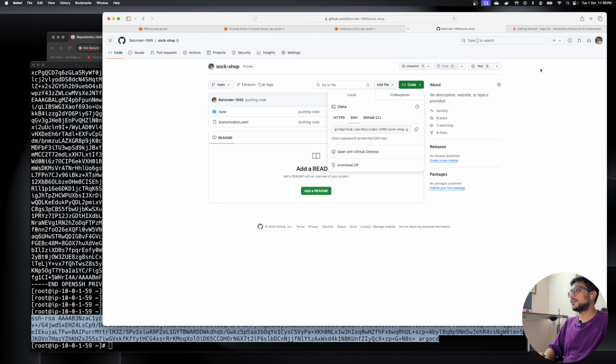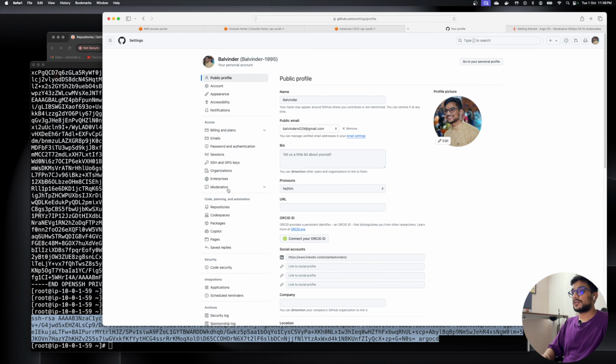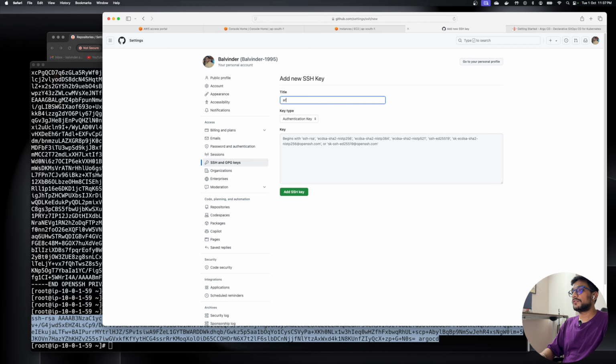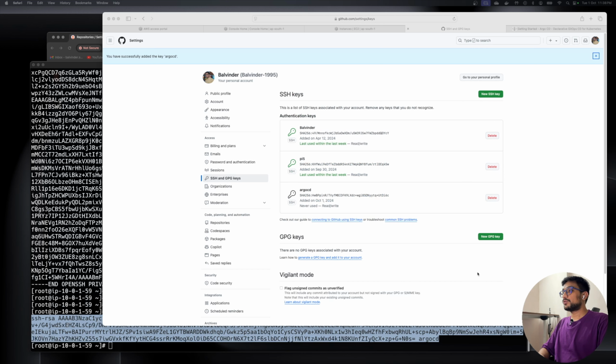I'll copy it, and in my GitHub repository I'll quickly go to my settings, and from here under SSH I'll create a new key pair. I'll give it the name ArgoCD, and I'll paste the content. Okay, so as you can see I am able to add the public key for ArgoCD in my GitHub repository. And from my ArgoCD console what I'll do is